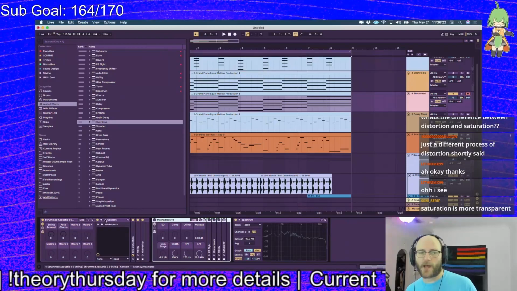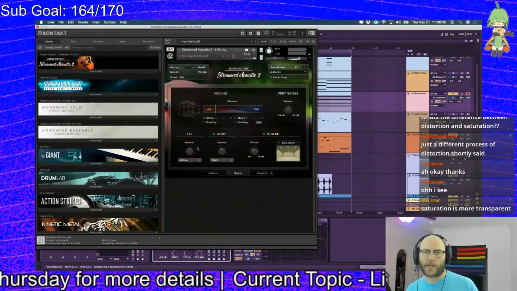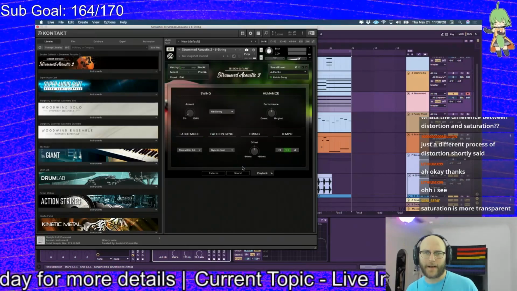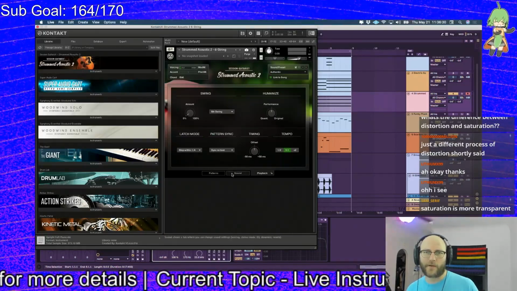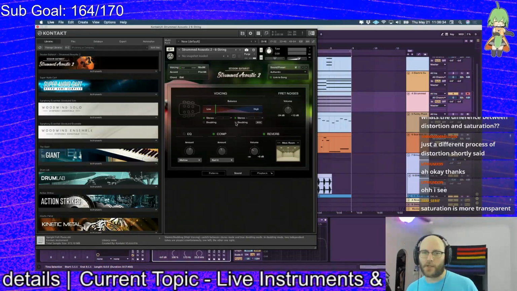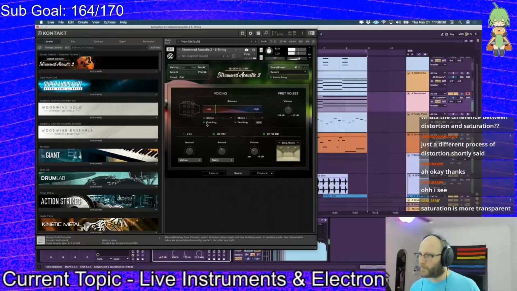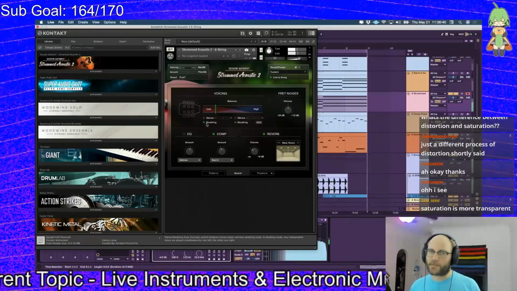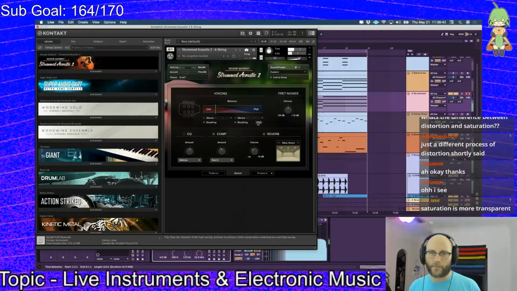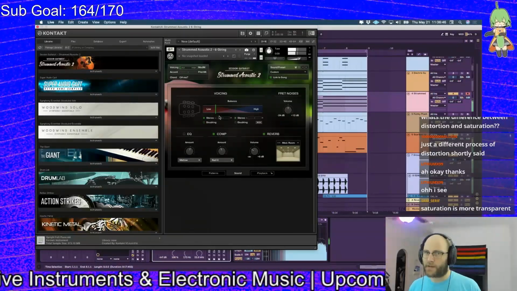So what I'm going to do now is there's a few things I could do. One thing that I would consider doing is going in here and, I don't know if this one has it, but yeah, I would turn on doubling, which pushes it to the sides. Notice now,